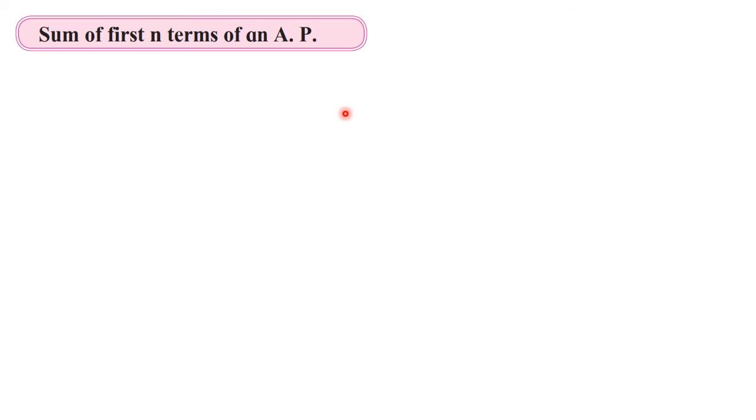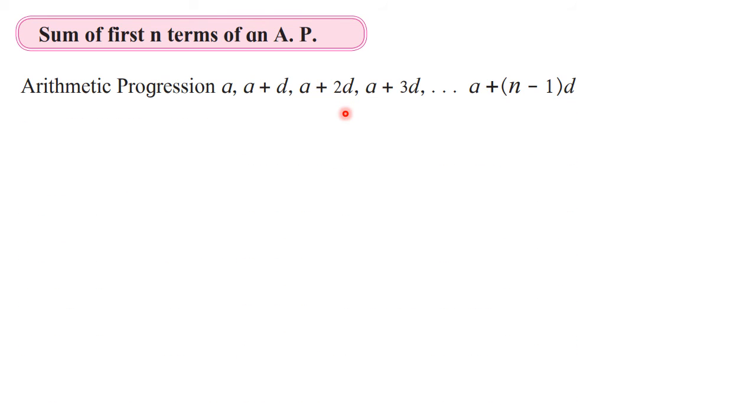Okay, so all of us know that in an AP, which we represent as A plus D, A plus 2D, A plus 3D, and so on up to A plus n minus 1 outside the bracket D. So this is formula of Tn. How we are writing AP T1, T2, T3 up to Tn. So T1 is A, T2 is A plus D, T3 is A plus 2D, and so on. And finally Tn, the formula which we know, which we have seen so many times now, is A plus n minus 1D. Here, the first term is A and the common difference is D.